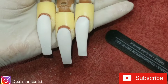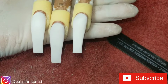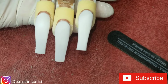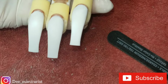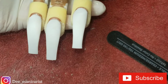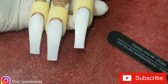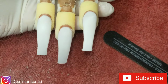Guys, this is my attempt at the Instagram shape. Okay, it's not perfect. This is actually my first time, and like I said, from doing my research, this is kind of what I came up with. This one is different, yes, because there are different ways, you know, that girls are doing it. Girls do their stilettos different, girls do their taper square different, shapes are different. So I kind of wanted to do the one that looks like the end of a heel,